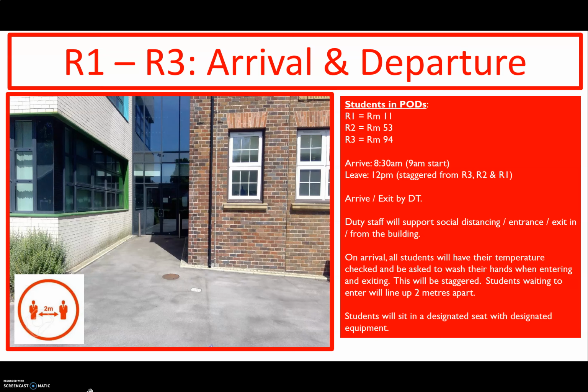Today you will have received a letter about the school's plans for the wider reopening. We know many of our students are desperate to return to school, however, many of you are naturally concerned about what this may look like. Whilst we outlined the plans in the letter, we hope this short video and the infographics will provide you with an overview of what school will look like over the next few weeks, so that you can make an informed